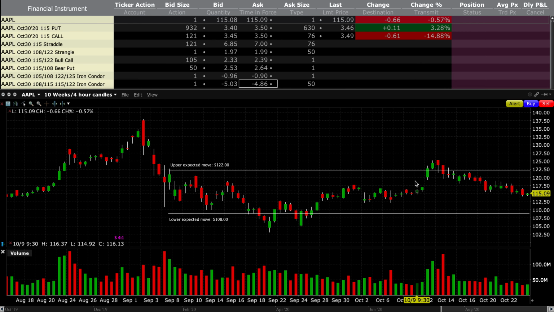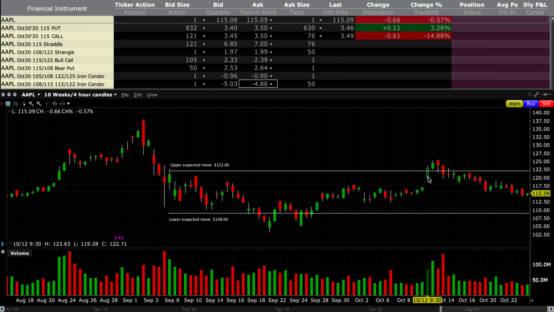So now those are strategies you could use if you believe that AAPL is going to have a greater than expected or potential move, right? In the case of buying a straddle, you're paying $7 approximately, and you need a greater than $7 move up or down in order to profit off the strategy. In this case, the risk reward, in my opinion, is not there. But in certain events where you have a massive move expected and the market's underpricing that move, you can win on that strategy using a straddle, right?